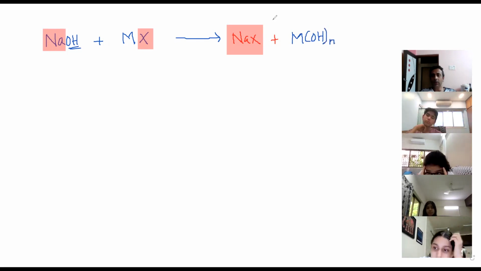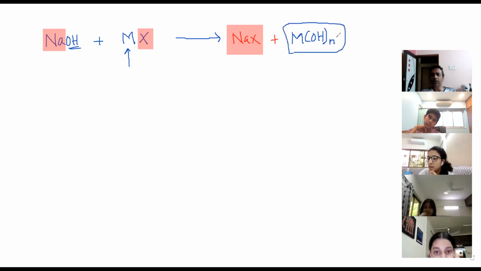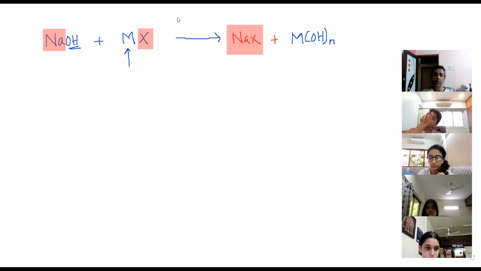Metal hydroxide. Okay. Which metal is it? I don't know which metal it is. There are specific metals that we'll look into, but whichever metal this is, I will get its hydroxide. And I don't know which metal this is. Hence, the metal hydroxide formula I have written as MOHn, because this number will differ. It can be 1, 2, or 3, depending on which metal it is. So it could be MOH, M(OH) twice, M(OH) thrice. Okay, now which metal can this be, and what is the significance of this reaction?